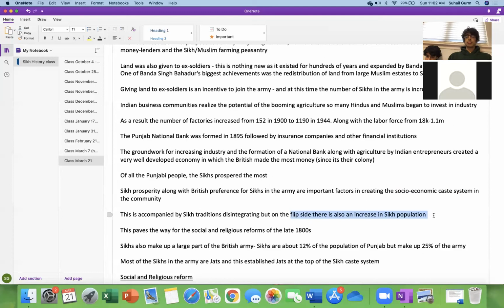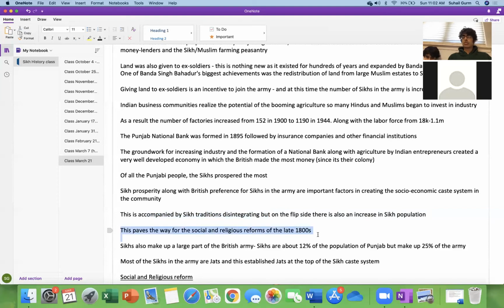But this is really because they're getting recruited for the army and they're getting land, so there's an incentive. So that's why the Sikh population is going up, because they have an incentive to go up. There's a good reason for it. It pays to be a Sikh at this time, literally. But at the same time, a lot of Sikh traditional cultures, along with other religions too, like Hindus and Muslims, find their cultures are also kind of dying out a bit, and mixing with everything. And this is how the late 1800s are characterized, because this is going to pave the way for